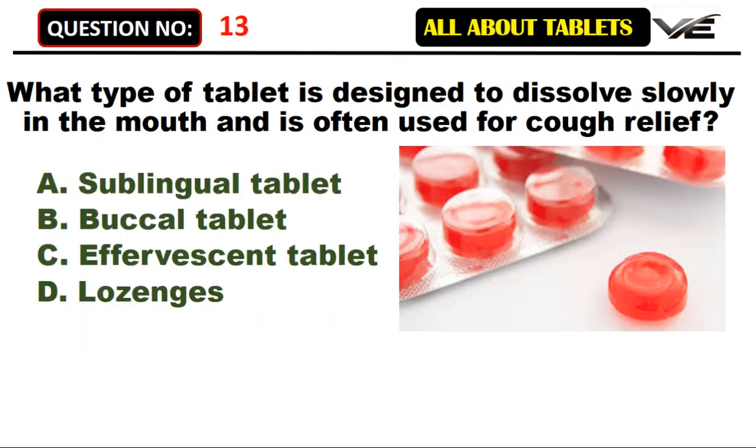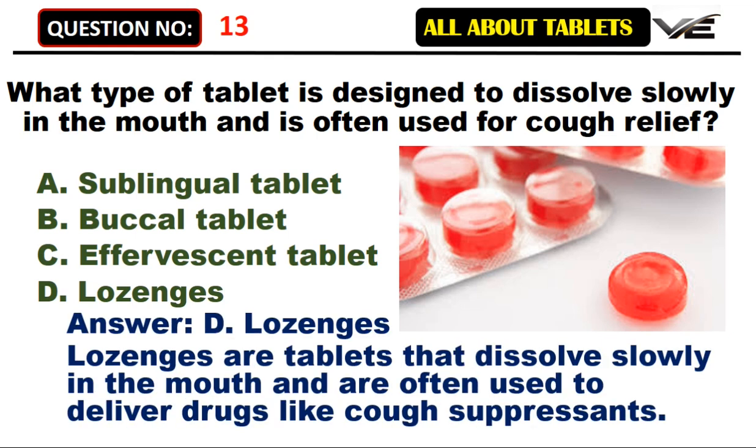What type of tablet is designed to dissolve slowly in the mouth and is often used for cough relief? A. Sublingual tablet. B. Buccal tablet. C. Effervescent tablet. D. Lozenges. Answer. D. Lozenges. Lozenges are tablets that dissolve slowly in the mouth and are often used to deliver drugs like